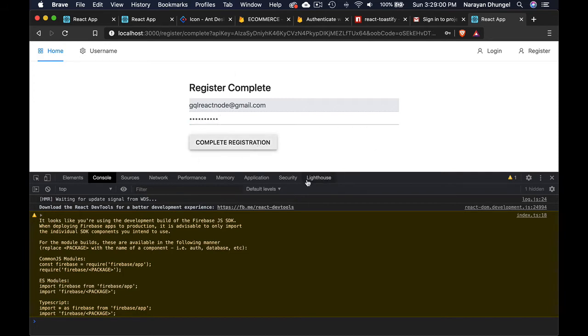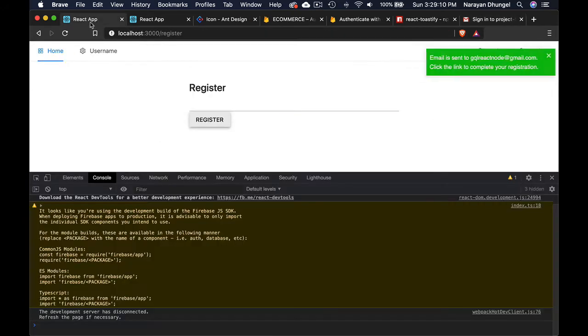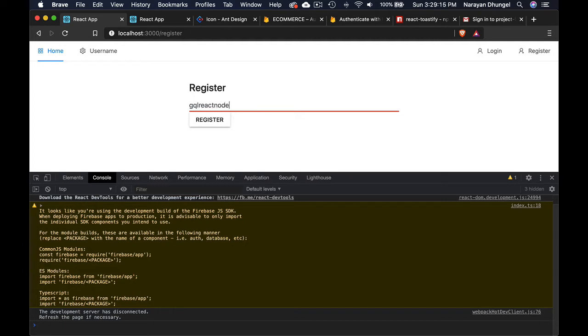Okay, now I'm using this for the second time, so that's why it's invalid. So let me try one more time. Okay, let's try. I want to show you how that looks, right? You know, gmail.com,